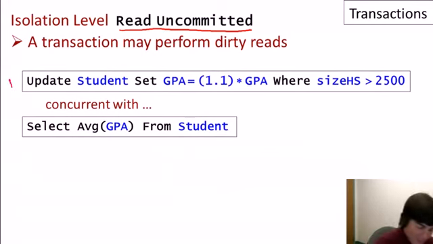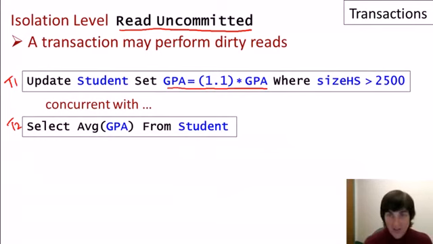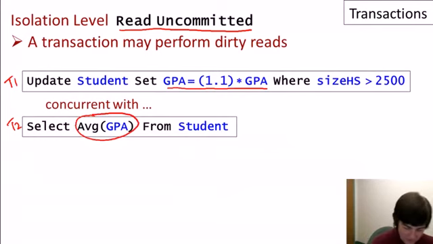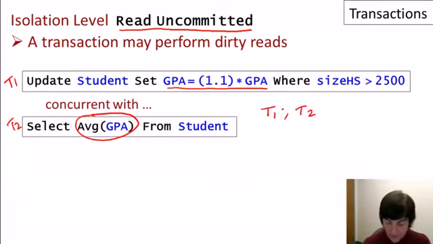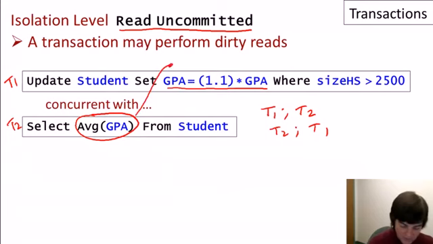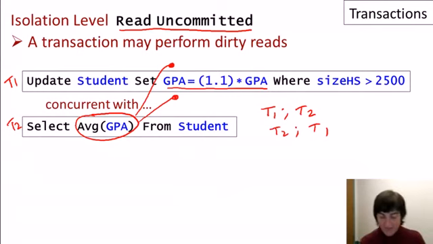It's our same example. We've dropped the third transaction. So our first transaction is modifying GPAs in the student table, and our second transaction is reading the average of those GPAs. So if these transactions are serializable, then the behavior is guaranteed to be equivalent to either T1 followed by T2 or T2 followed by T1. So either the second transaction will see all the GPAs before they were updated, or it will see all the GPAs after they were updated. As a reminder, we don't know which order these will occur in, only that the behavior will be equivalent to